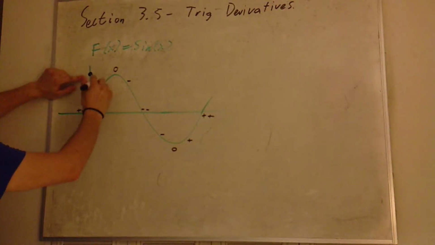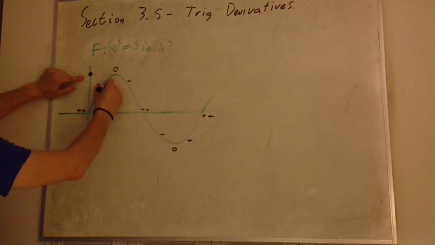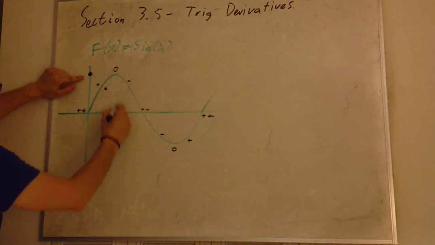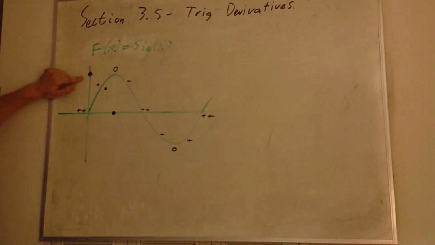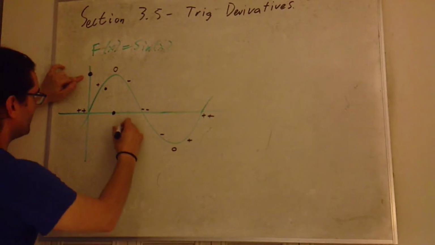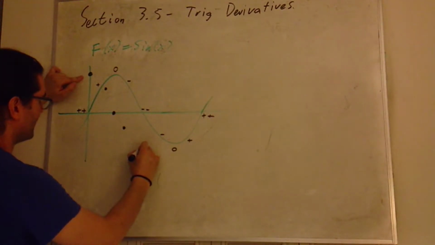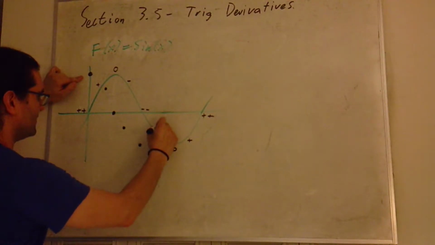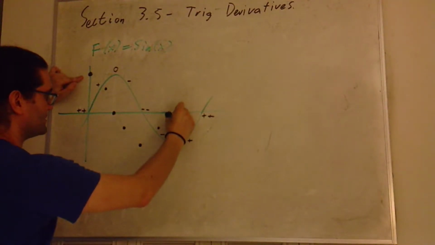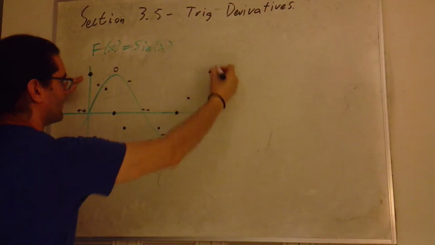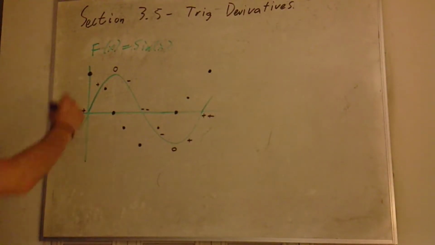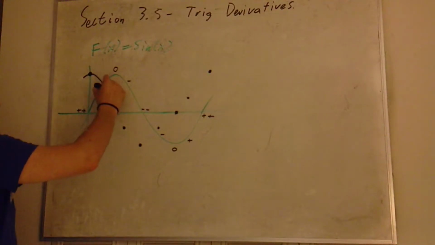And then I'm going to move to numbers that are still positive but less positive. And then at this point on the x-axis I hit 0. And then I'm going to go negative. I'm going to go very negative. Less negative. Back up to 0. Positive. And back up to the big positive number right here. If I connect all these dots,